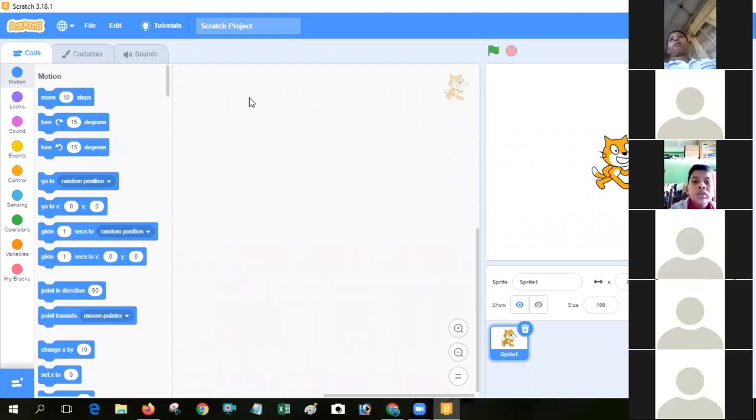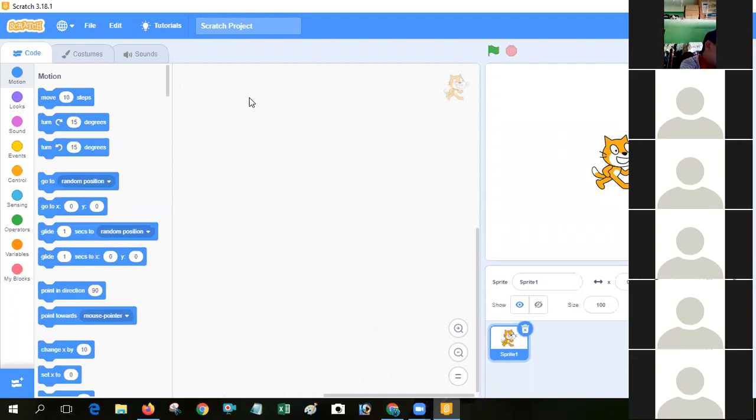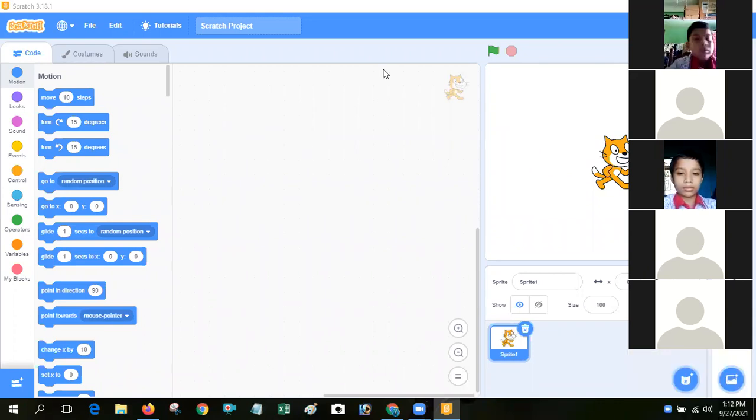Next you see components of Scratch. We already discussed menu bar, cursor tool, stage button, green flag, stop button, stage, sprite information, and backdrop button, and sprite list and new sprite button. So you see the menu bar. You see this File, Edit, Tutorial, Scratch logo is called the menu bar.